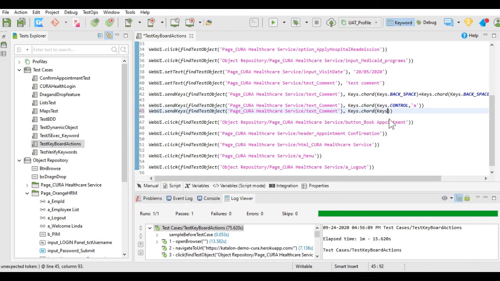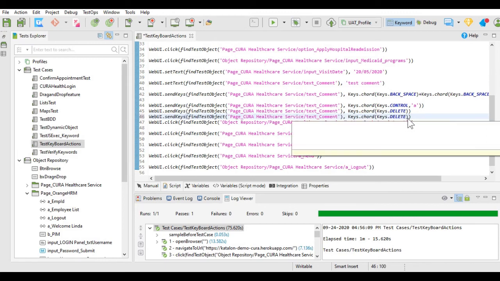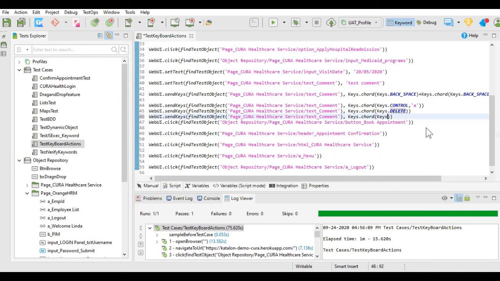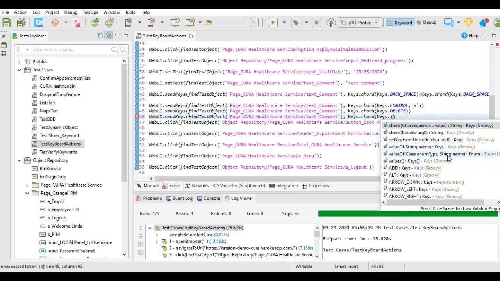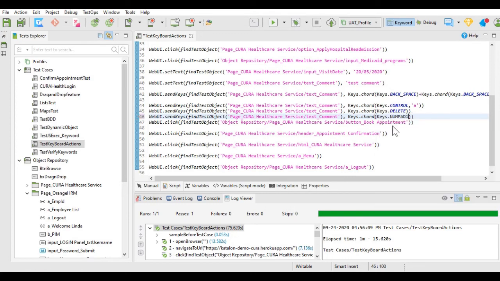Here I had given delete, so I will keep it as it is. And after deleting, I will use the numpad key to add a number in the comment box. So I will add Keys dot NUMPAD1.